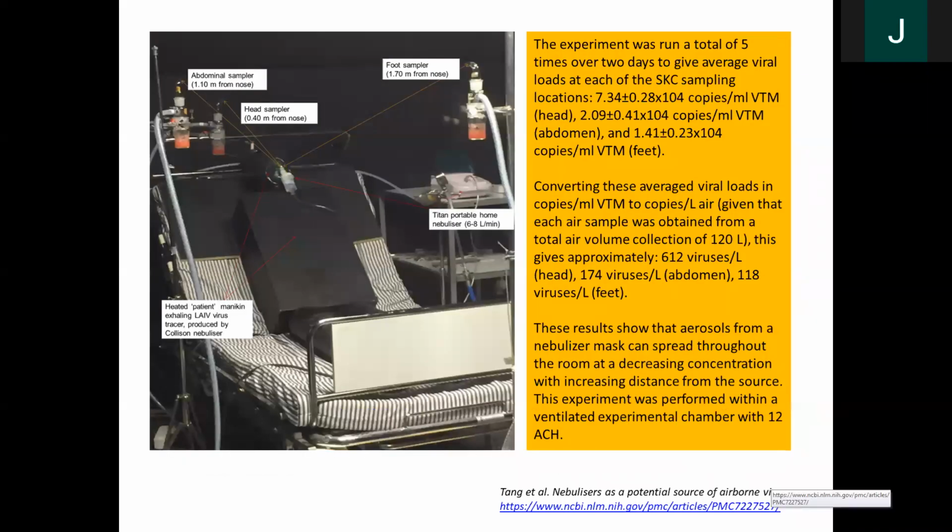So this is a study we did in Finland. I have a group in Finland that works with me. We use mannequins and we use tracer gas. We use air samplers, and this is actually using the live influenza virus vaccine that we give to primary school children. We aerosolize that and we try to capture it from various points around the bed, from this patient mannequin. And we found influenza virus at the foot of the bed, by the abdomen, and also by the head